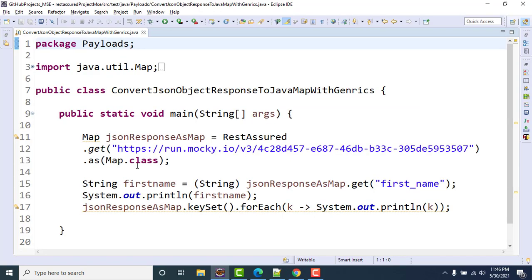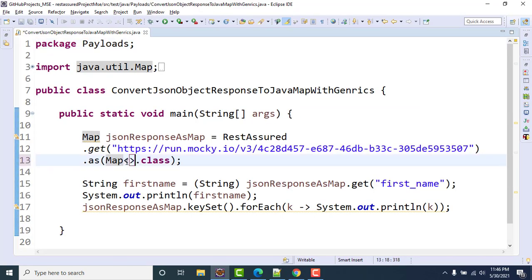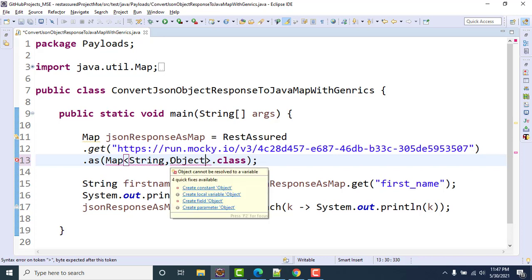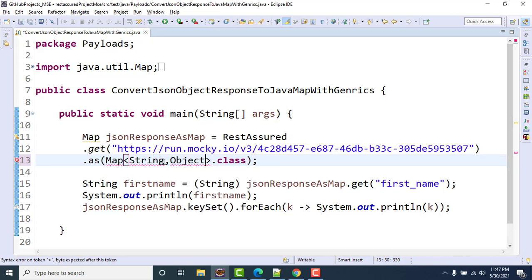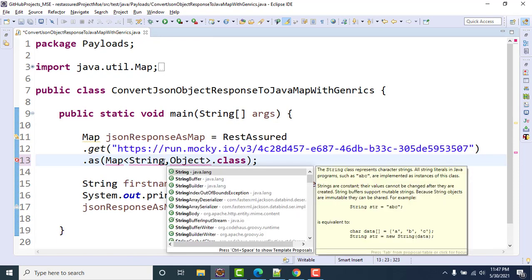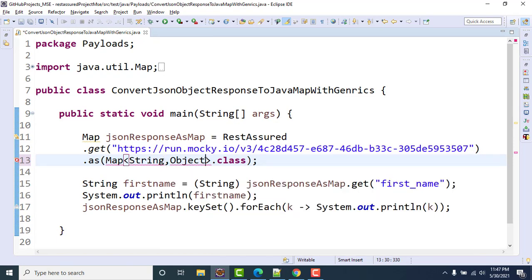Let me try to put that one map string and object dot class. But it is giving error. Let me import everything if they want. Map is already imported, then also it is giving some error, right?